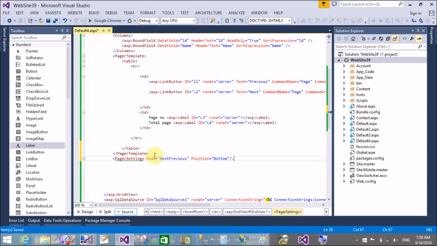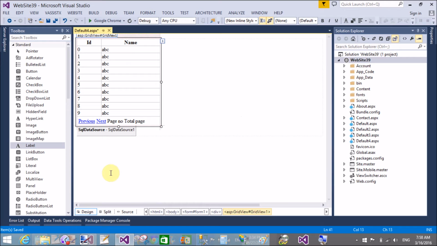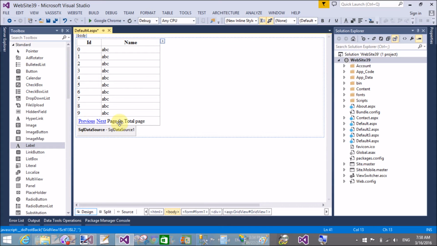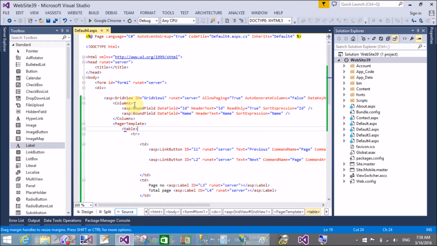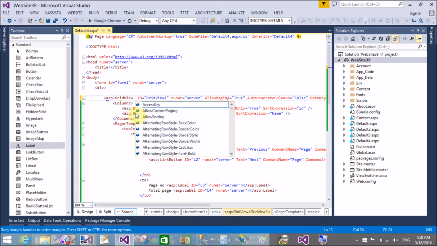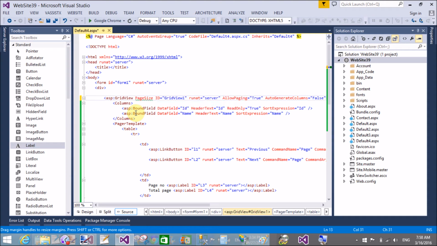I have used the position Bottom. Yeah, that's fine. Next, previous, page number and the total pages. Now save this, and in the code behind file, on the page index changing event, set the page size to 3. That's fine.